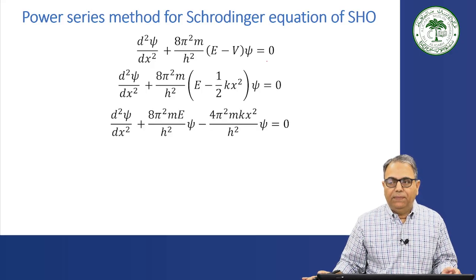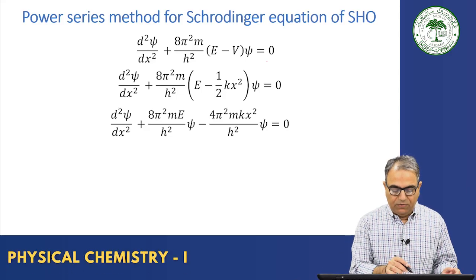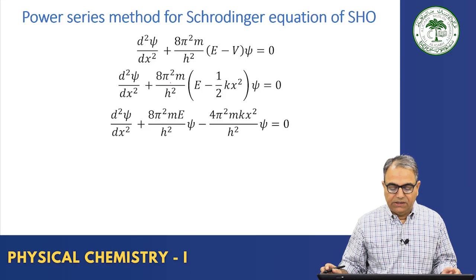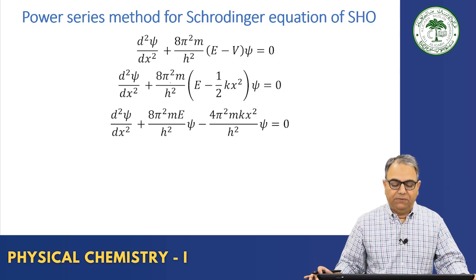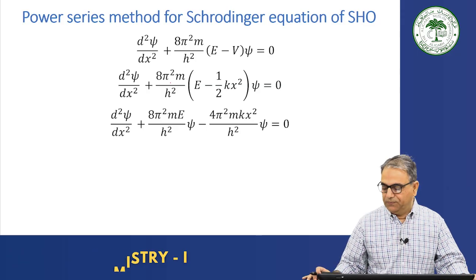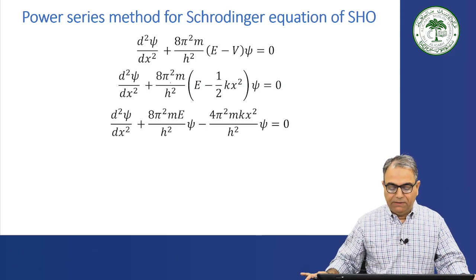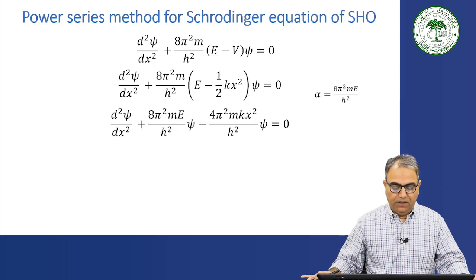Now, if you multiply 8 pi square m by h square with E and with 1 by 2 k x square, you get this equation: d square psi by dx square plus 8 pi square m E by h square psi minus 4 pi square m k x square divided by h square psi. So it's simple multiplication. We have removed the bracket and it's simple multiplication. Then